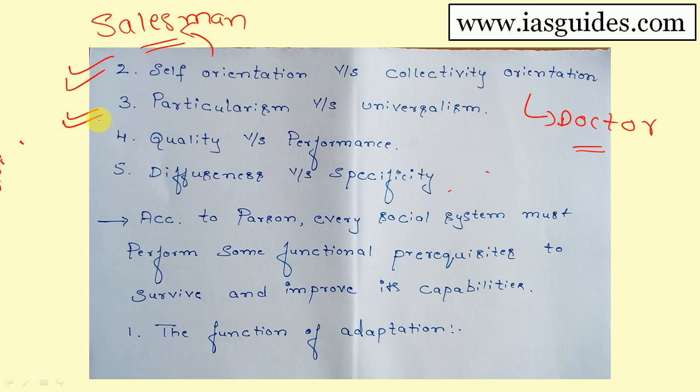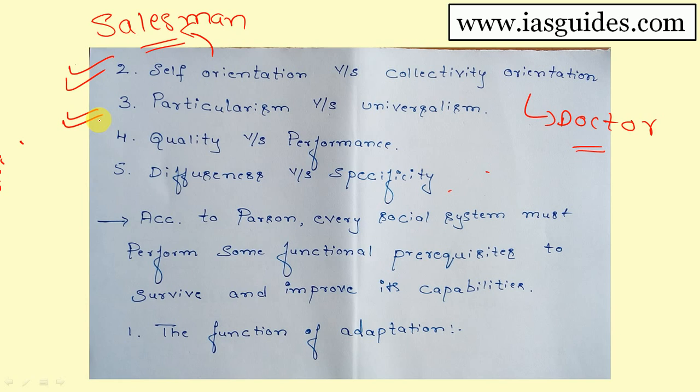Universalism is the opposite of particularism. That means highly generalized concepts are known as universalism. For example, in school days, a teacher is expected to give marks to the students in a value-free orientation. That means the teacher should not be influenced by the students' values. Whatever answers are written by the students, the teacher should evaluate them in a value-free manner.